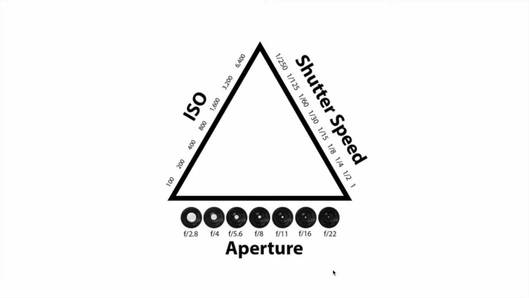As you know by now, photography is the way of capturing light in a given moment. In order to get a good picture, these three things need to work together. So the shutter speed, how fast or how slow the shutter opens and closes. If it opens and closes quickly, you're going to get less light in, therefore potentially resulting in a darker picture. If you've got it opening and closing very slowly, you're going to let more light in, but there's potential for